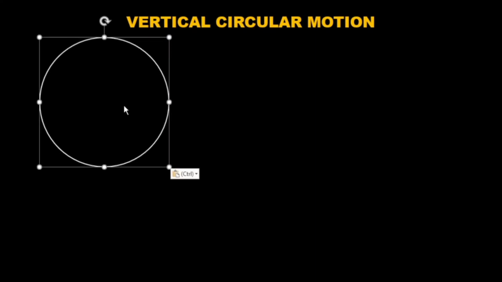Here, vertical circular motion is basically the study of dynamics of circular motion in the vertical plane. If I have to explain using a circle, let me take a particle which is at the bottommost point. Say if this particle is moving with speed v, then we know that there must be some centripetal acceleration that is towards the center of the circle, which must be making the change in the direction of this velocity. So for that, if there is a centripetal acceleration, then there must be a centripetal force.